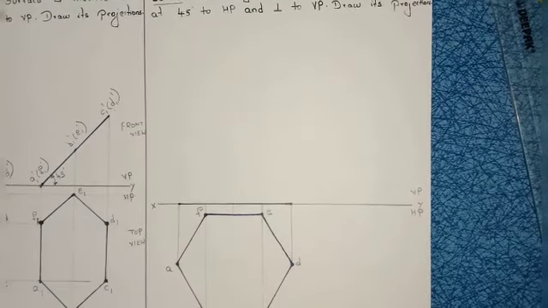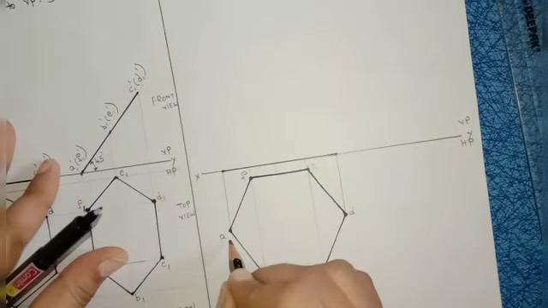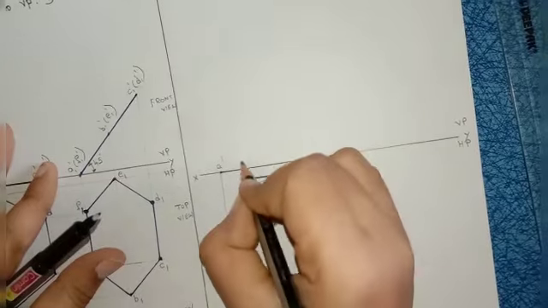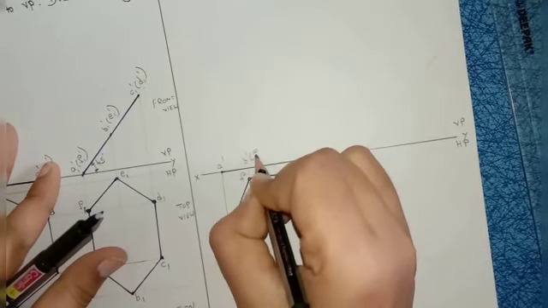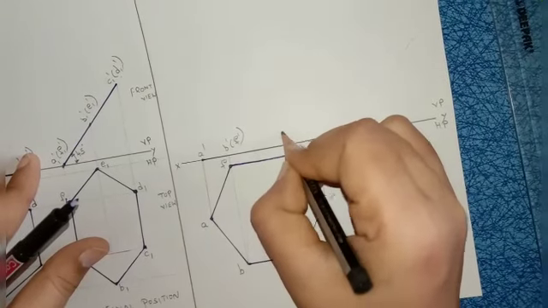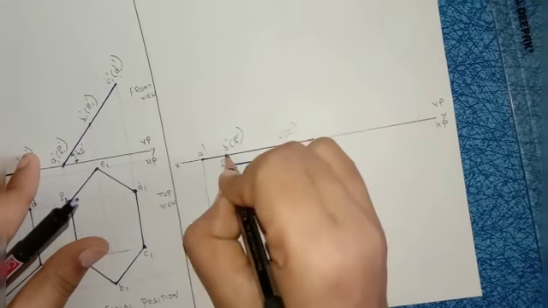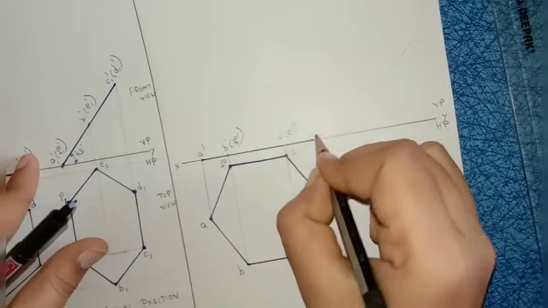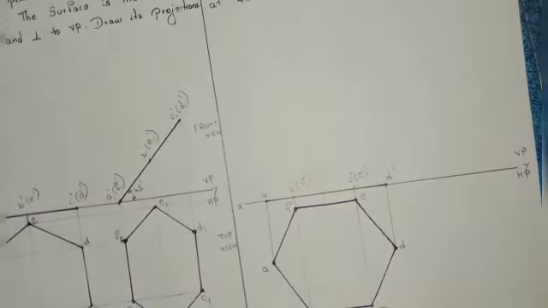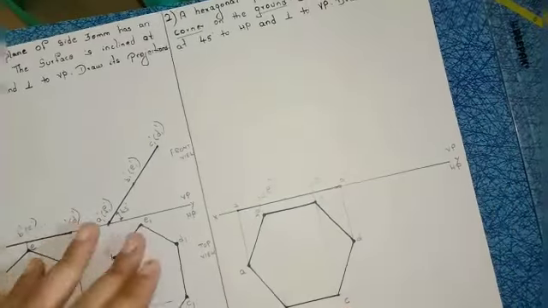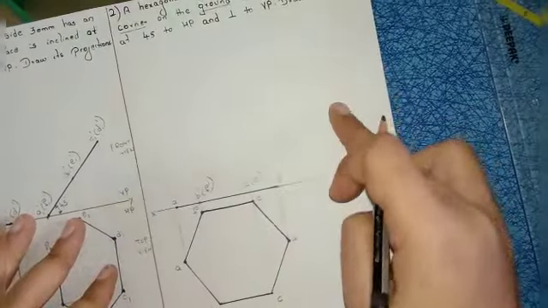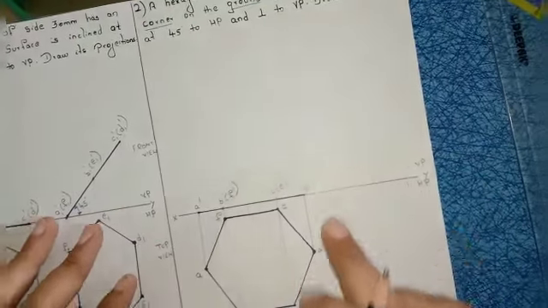Right? So what is the point name here? A dash. Here B dash of F dash. Here this point is C dash of E dash. And next this point is D dash. Right? Now what is the next step? 45 degrees to HP. To HP means I should mark the angle in VP, opposite side.